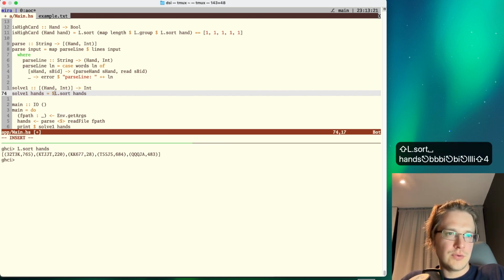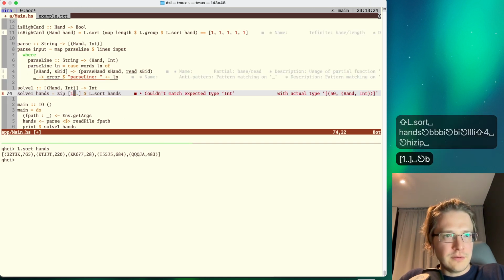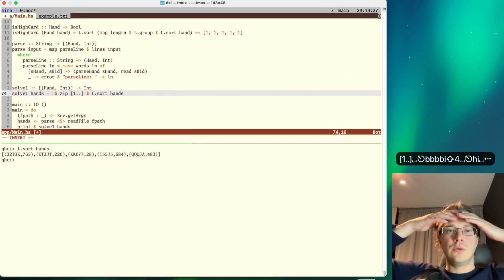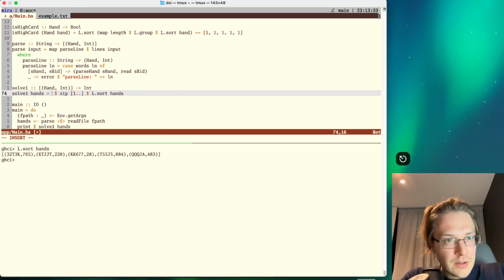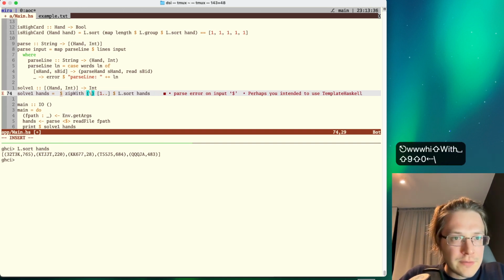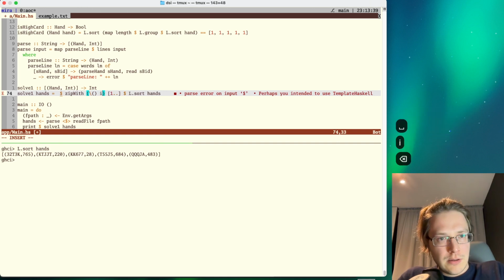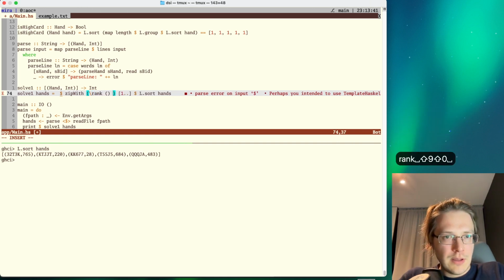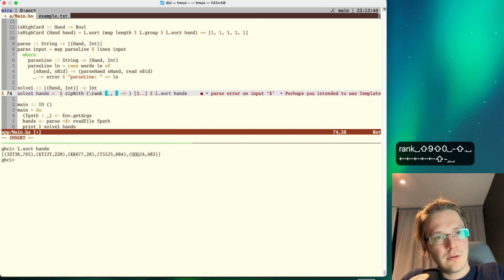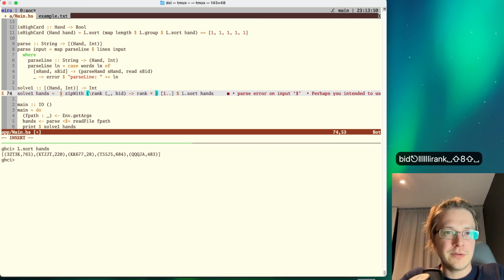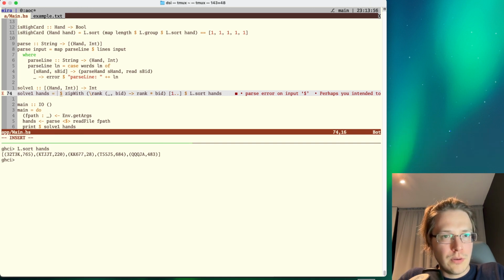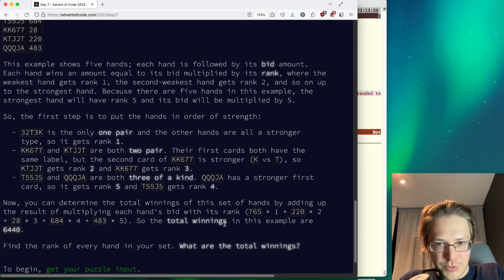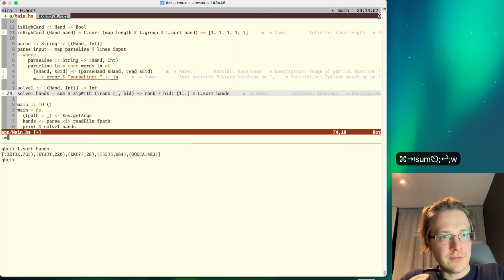I have to give them indexes, and actually I can do zipWith, and given a rank and hand and its bid, I produce rank multiplied by bid. And now the total winnings are summed up, so that's the sum. Okay,